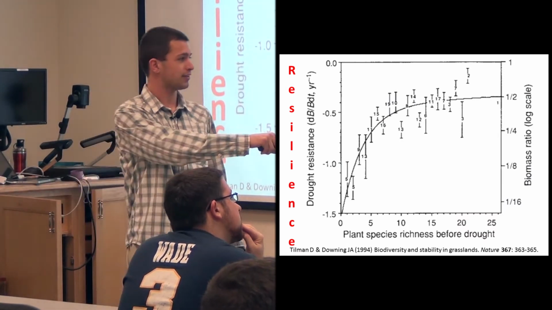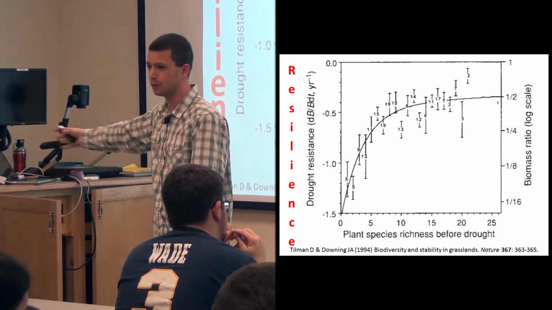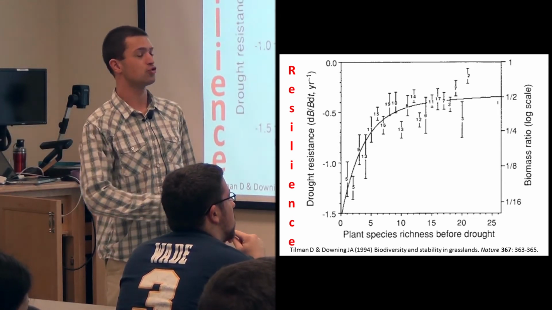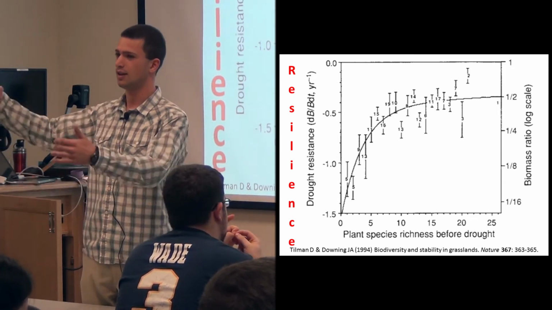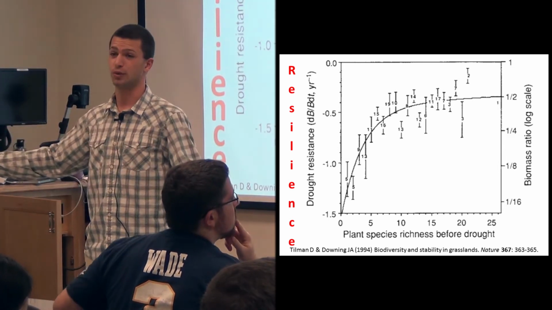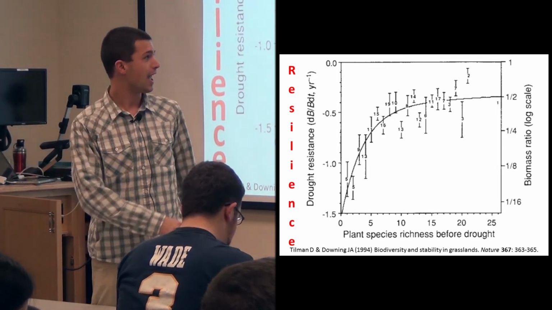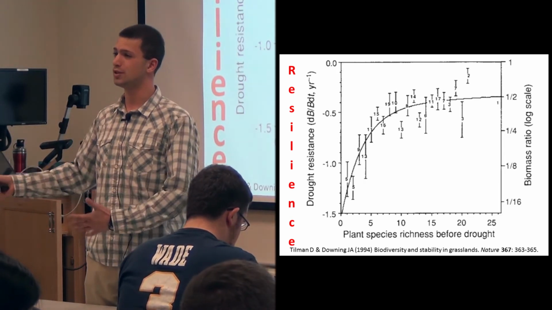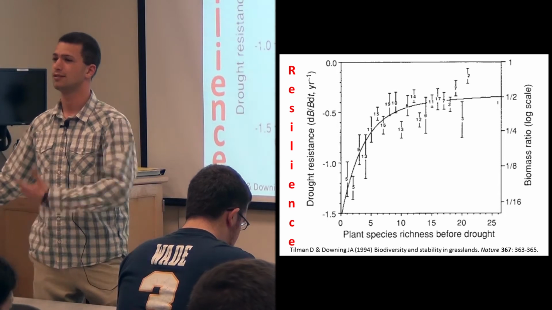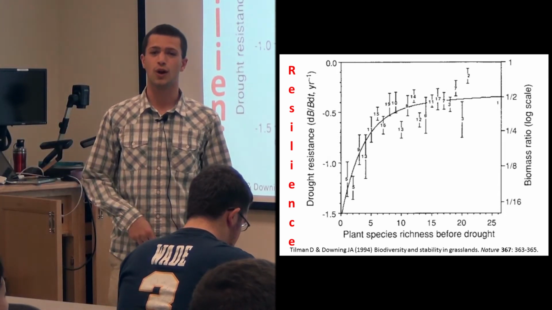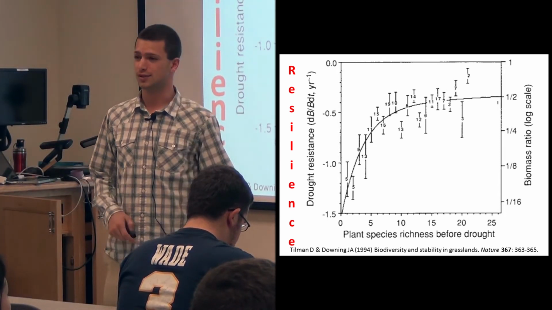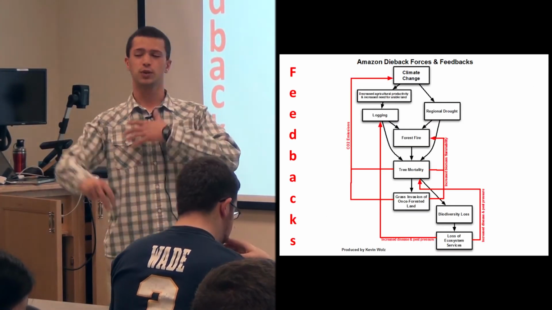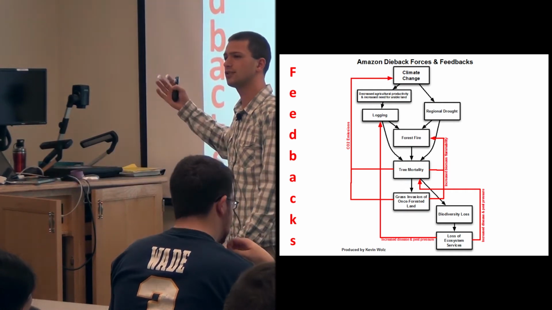And the same thing, the x-axis is plant species richness, the number of species you have in that square of land. But the y-axis now is drought resistance. How resistant is that square to dealing with a drought or some other disturbance? Again, as you go up and have more species, the better that system is at dealing with a drought. So that tells you that if you're trying to maximize drought resistance in your system, maybe you should plant more species.